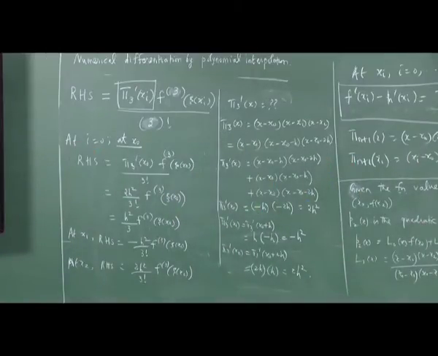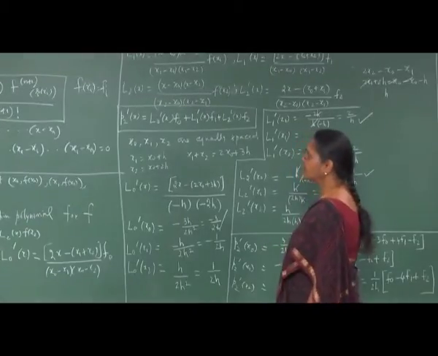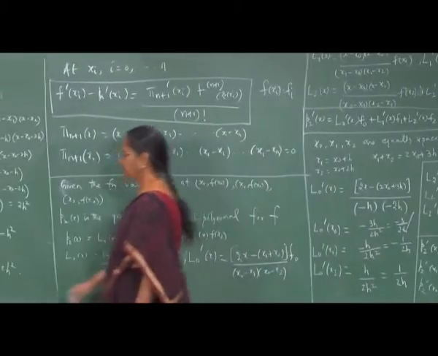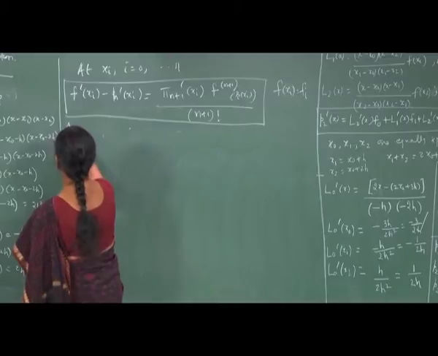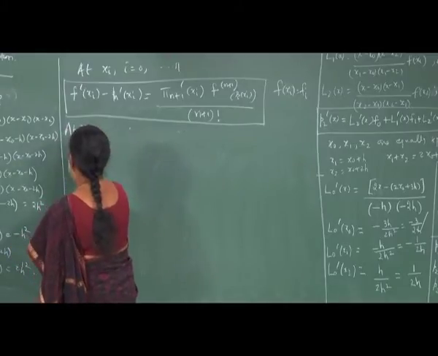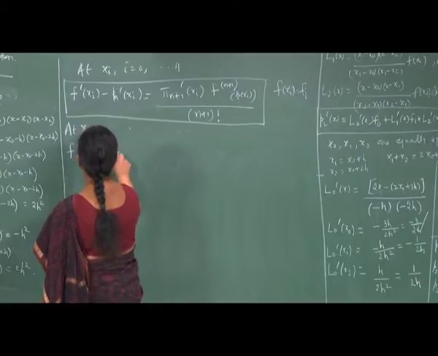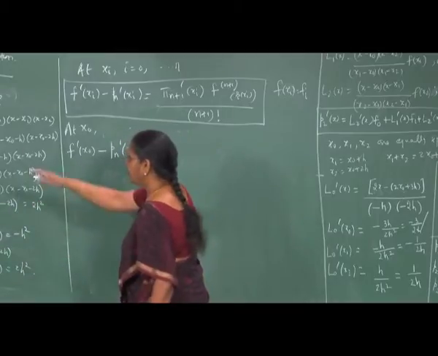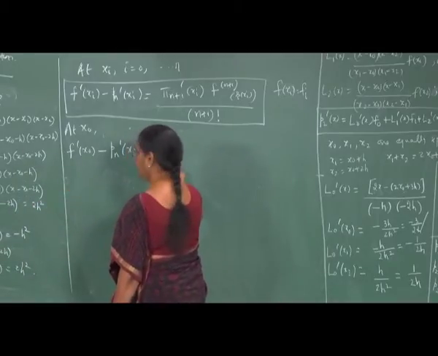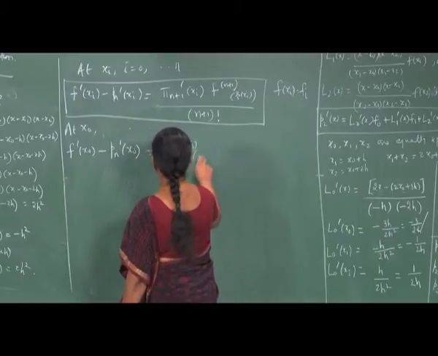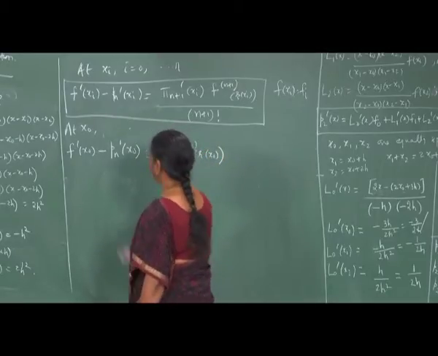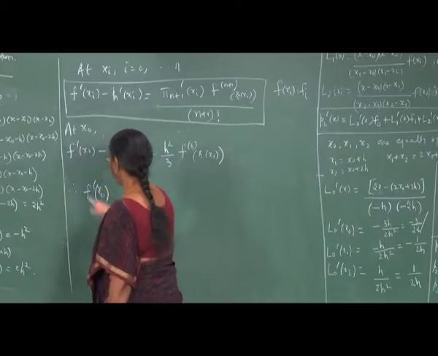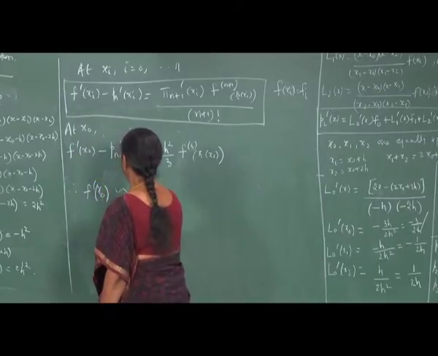We computed the derivatives of P2 at the nodes. So, we can now write down this estimate at all the nodes. So, at x naught, what do we get? f dashed at x naught minus P n dashed of x naught is the right hand side, which is h square by 3 into the third derivative of f. So, this tells you f dash of x naught, the derivative of f at the node x naught can be